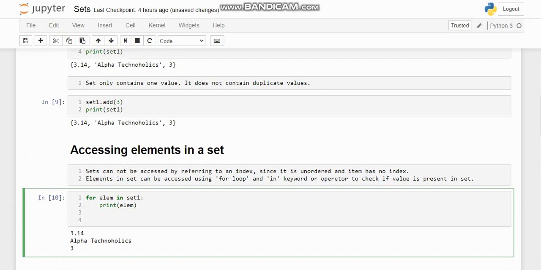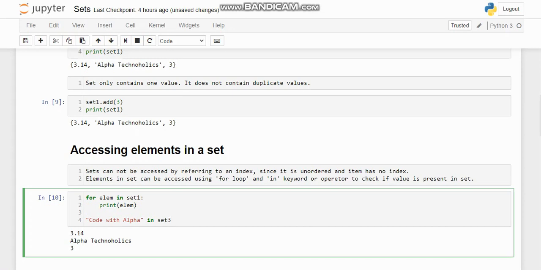Suppose I have a set 2 and I will check whether code with alpha is present in it or not. It will return true or false. Code with alpha in set 3, sorry, the first set which I used was set 3, so I'll just write set 3.